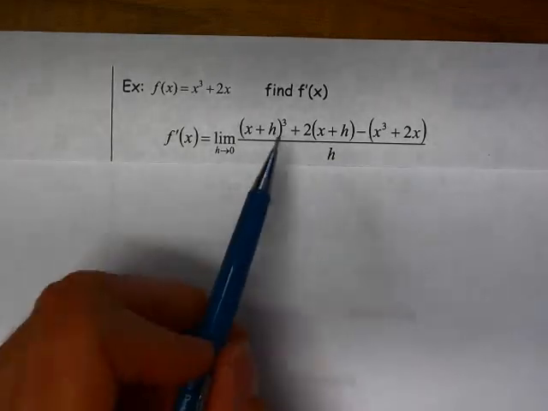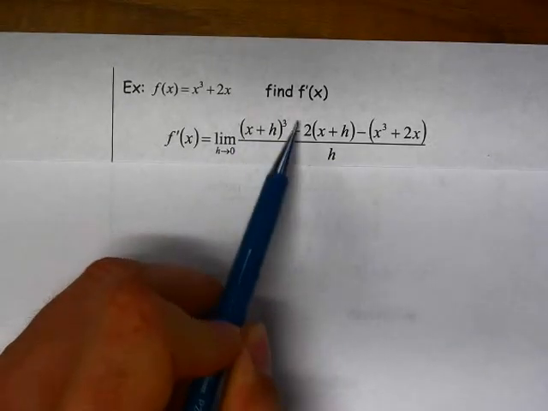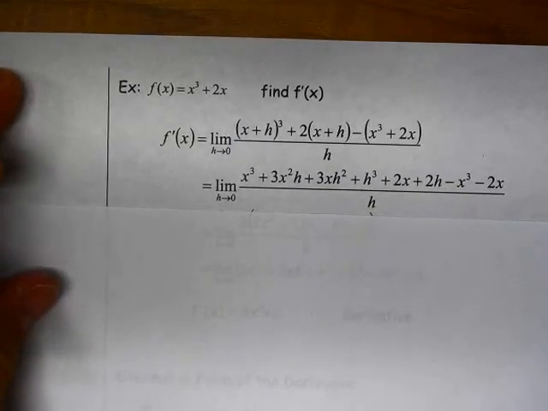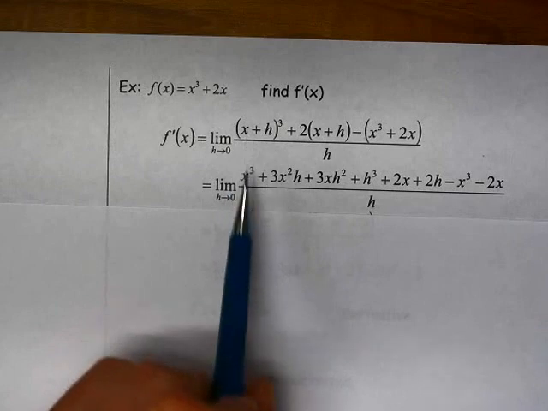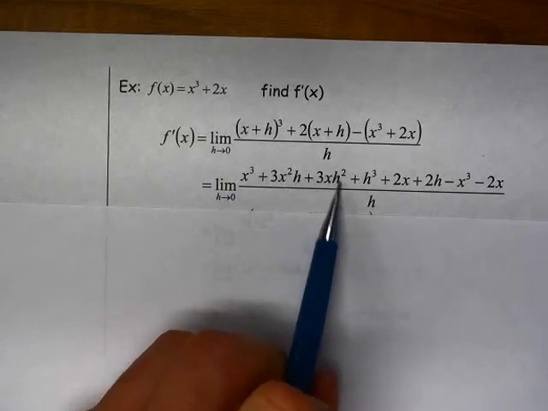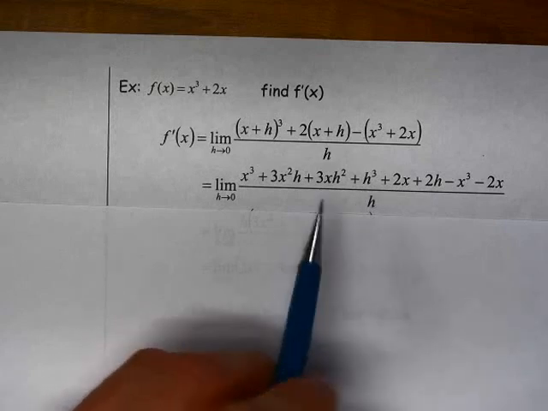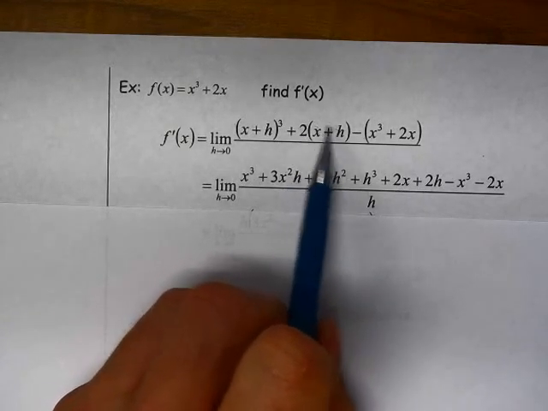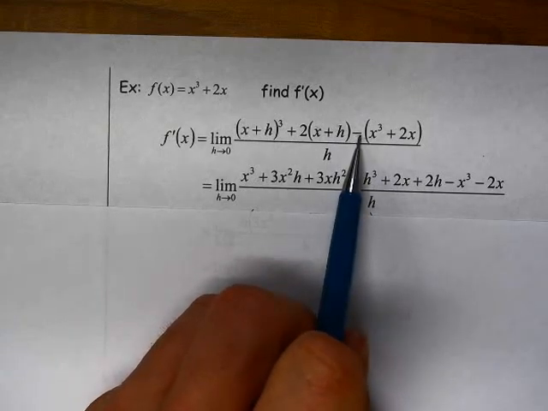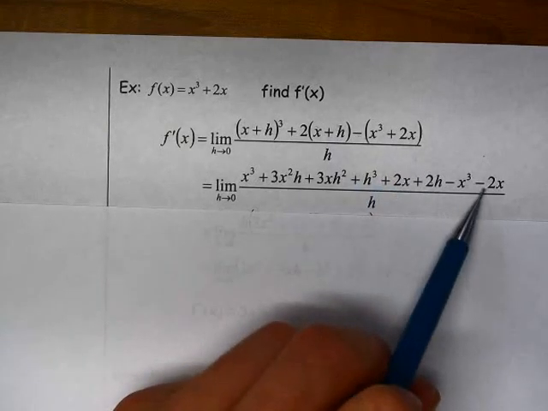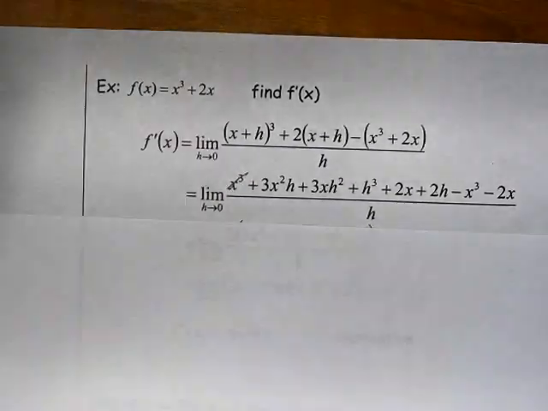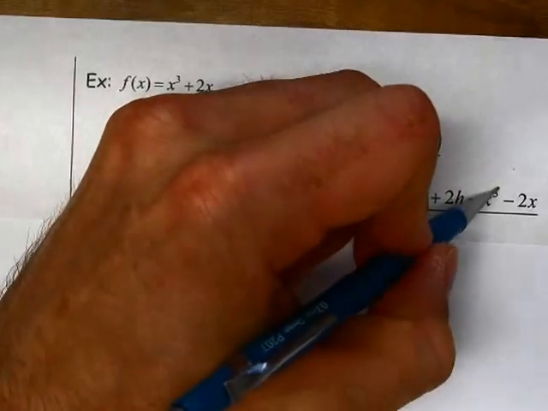So it's a little bit more complicated here. We have to expand this binomial cubed. As we do that, we're going to get x cubed plus 3x squared h plus 3x h squared plus h cubed. Here I'm distributing the 2x plus 2h, and here I distributed the negative sign, so negative x cubed minus 2x. And you can see here again, many of these terms subtract out, so I have x cubed minus